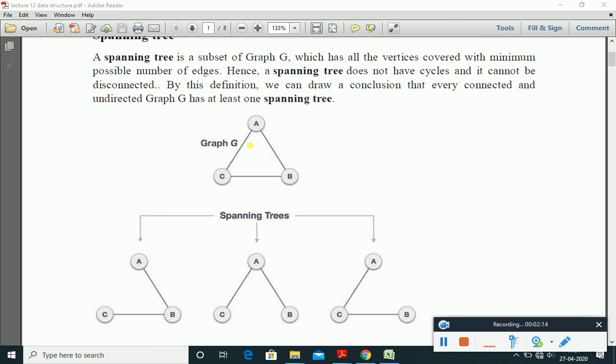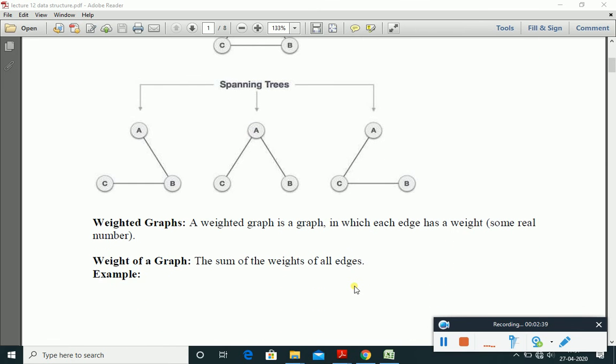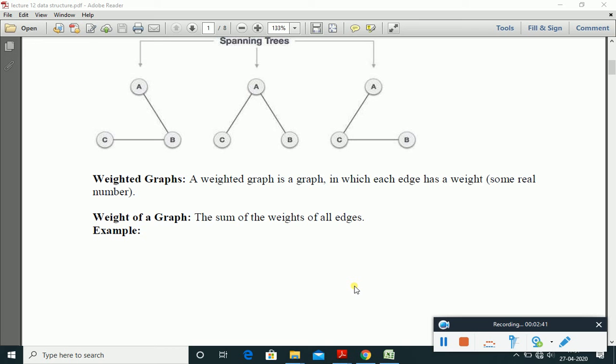What is the minimum spanning tree? If all the edges are associated with a cost, and we have made different spanning trees of a graph, we will find the total of all those edges which have participated to form a spanning tree, and then compare it with the other spanning trees and find out which spanning tree has the minimum cost. This is how we can differentiate a spanning tree from the minimum spanning tree.